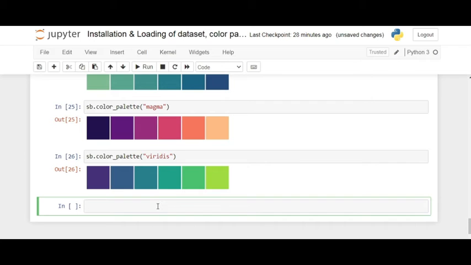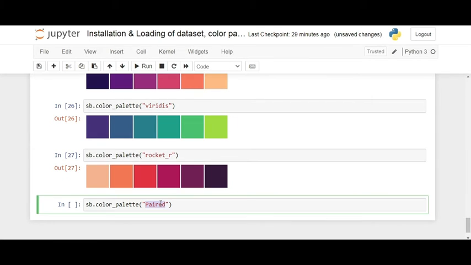then rocket_r, exactly reverse. Instead of that I will write it here, cubehelix.